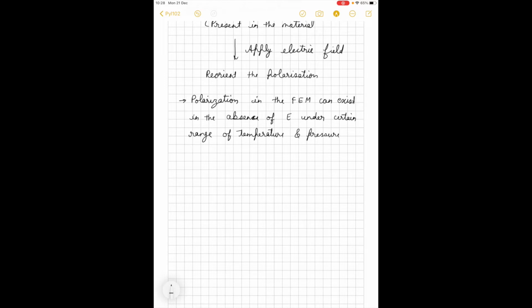And as I said, this is the major difference between ferroelectric and dielectric, because in dielectric, as we saw before,